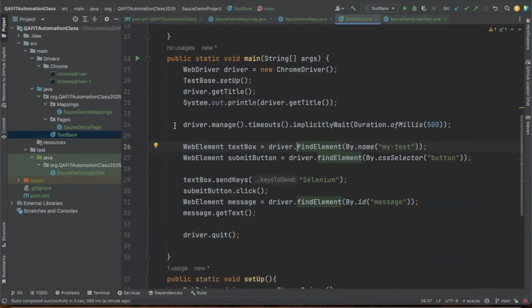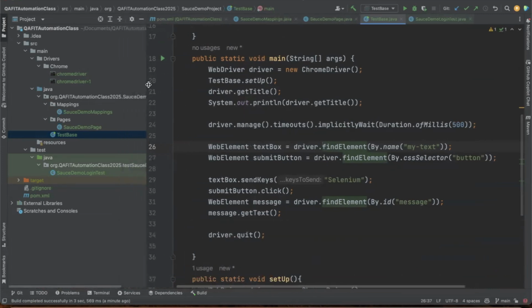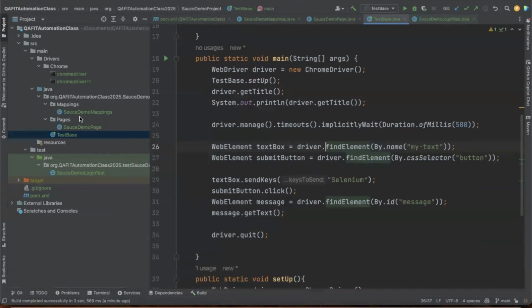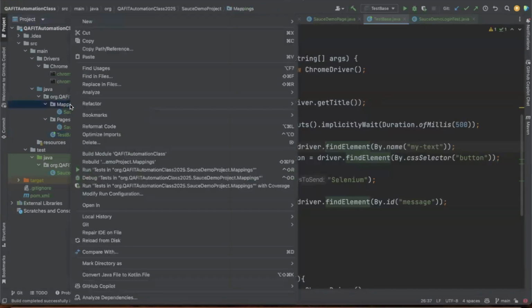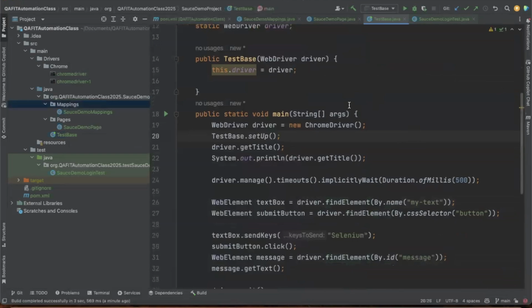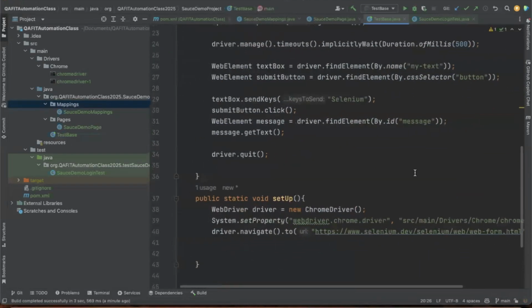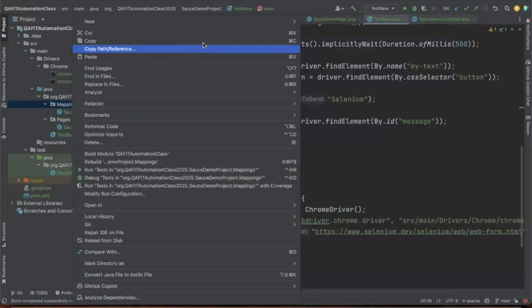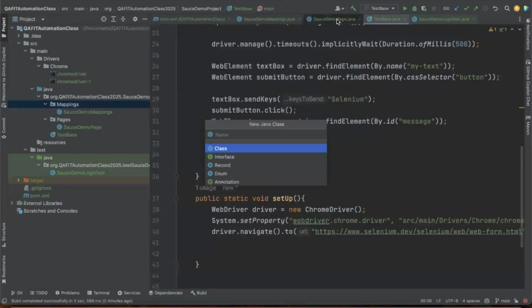So this is what we will do now. Like I said earlier, because this is a test base, you're not supposed to be testing in here. So what will happen is I'll create a mapping and call it Selenium web form mappings. So normally, when you have a test case that is already written manually, and you just want to start automating it,